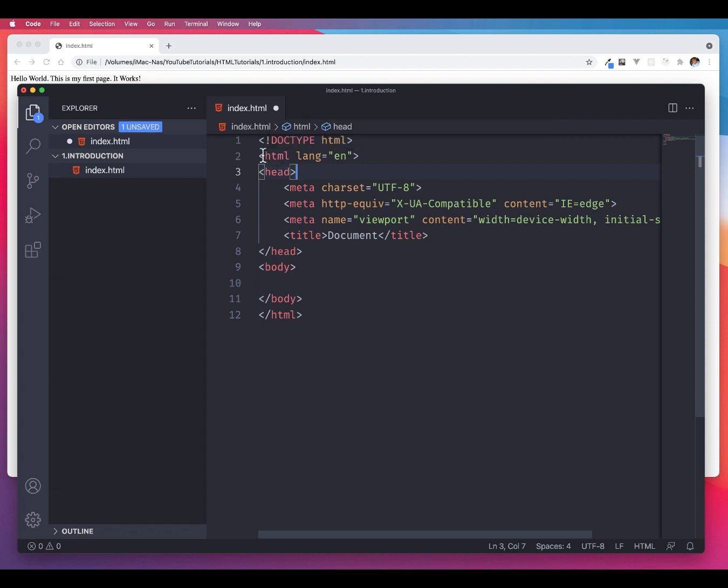So this is simply telling the browser, this is just the beginning, the very basic. Almost every website has to have this content that you see right here. So this is HTML, this is the head tag. If you go on Google or somewhere and someone tells you to copy this code and paste it in your header tag,